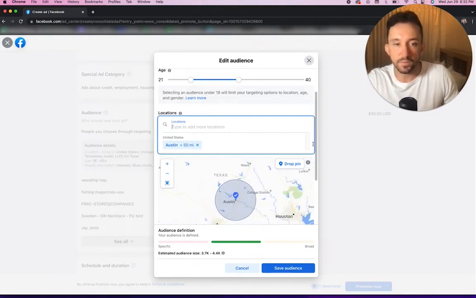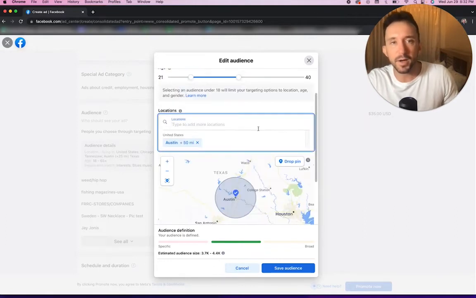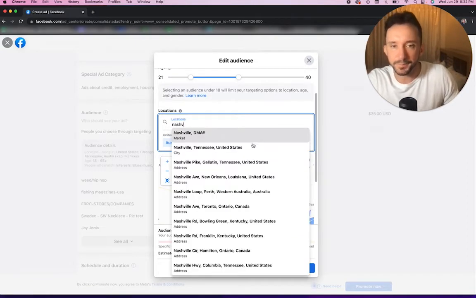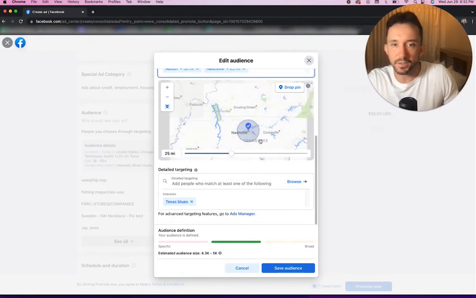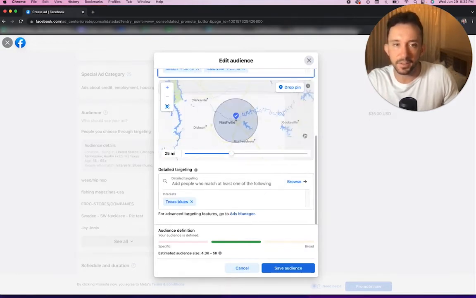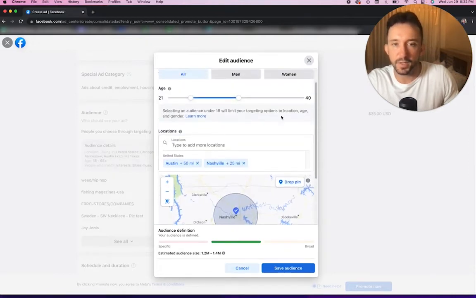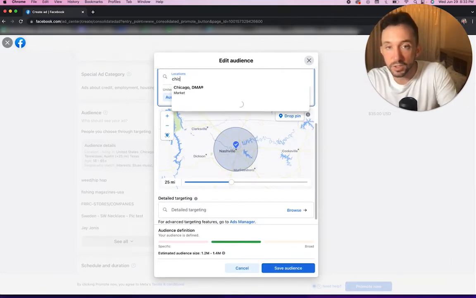Now, I could do a few things here. One thing I could do is I could keep adding interests. But Austin's not the only place that likes blues music. What about Nashville, right? Okay, cool. I'm going to plug in Nashville, and my audience got bigger. All right, I'm going to take Texas blues out of here. We're going to start this over. I'm going to plug in some cities first. So we got Austin. We got Nashville. We could definitely do Chicago,